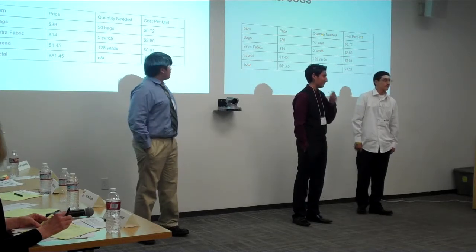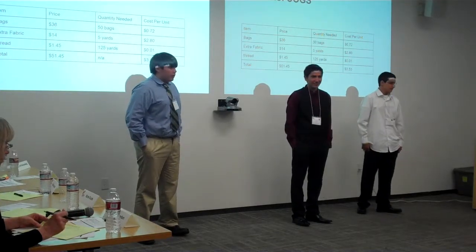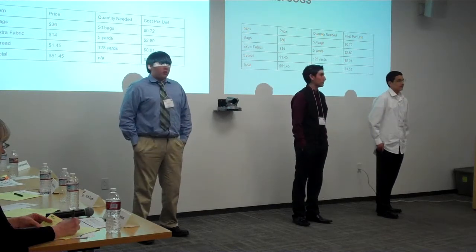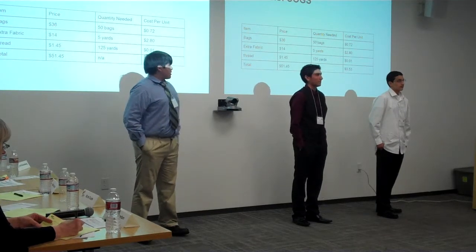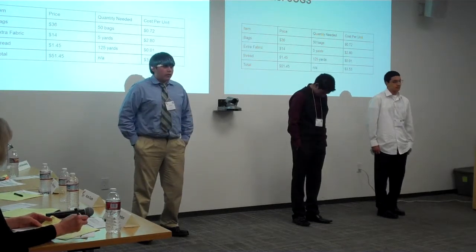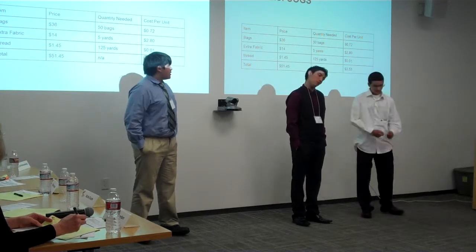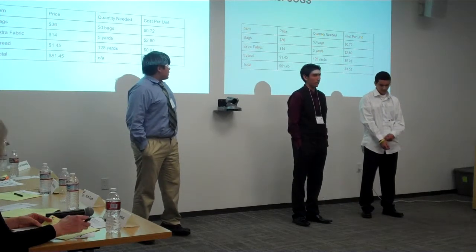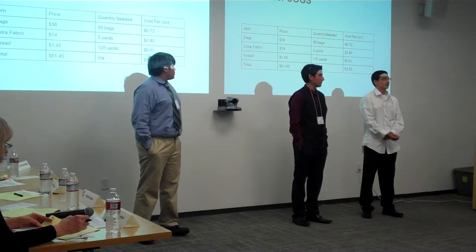Cost of goods sold: for our bags, for 50 bags, the price was $36 and our cost per unit was 72 cents. Our extra fabric price was $14. Quantity needed for our 4 bags was $5, and cost per unit would now be $2.80. And our thread was $1.45